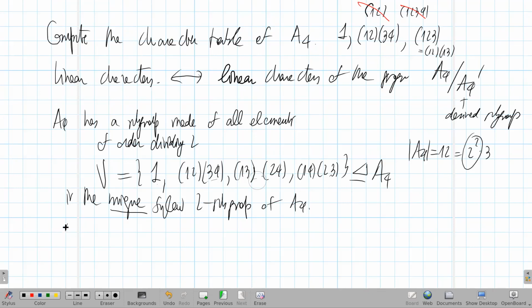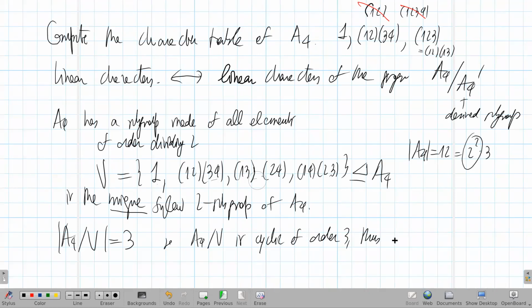Then, if you consider the quotient, okay, since this is order 12 and this is order 4, the quotient has order 3. So the quotient is cyclic of order 3. That's abelian. Okay? So remember, since this quotient is abelian, the results we saw when discussing the soluble groups tell us that